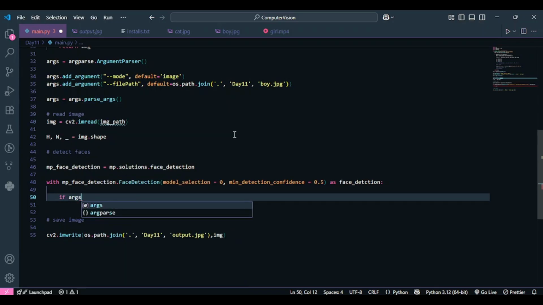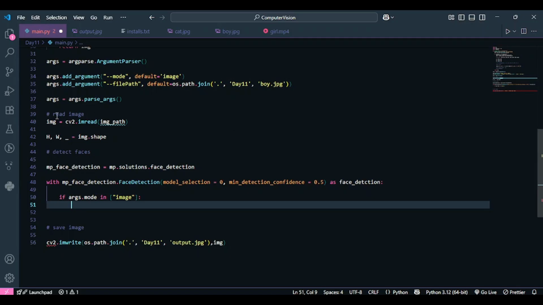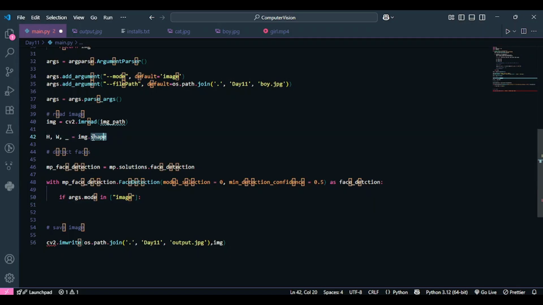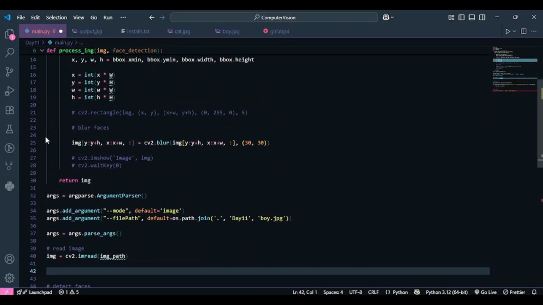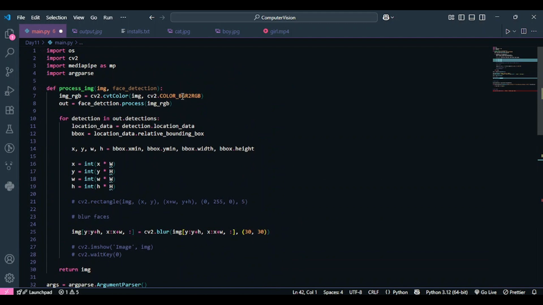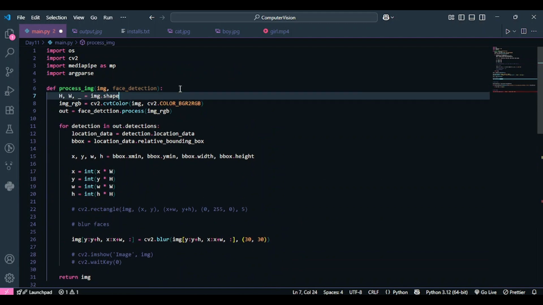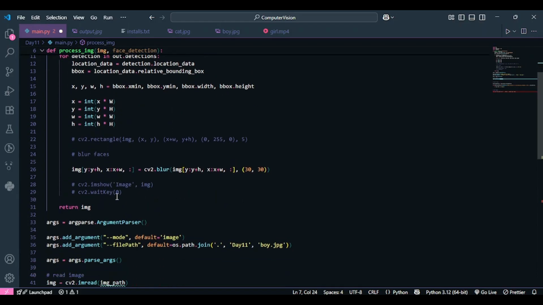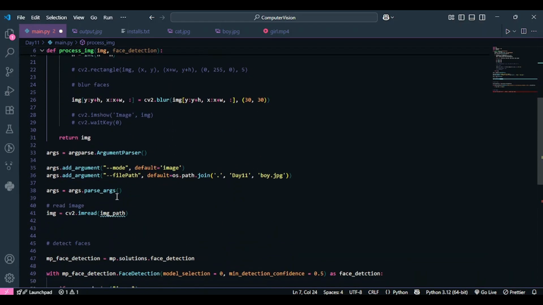I'm going to say if args.mode in image, okay, if it's an image, then you need to read the image. Okay, you know what, this line won't come over here, this line will come over here at the top of our function. Why? Because we have to use the height and the width of the image inside the function. That is why it's important that you write this line over here.